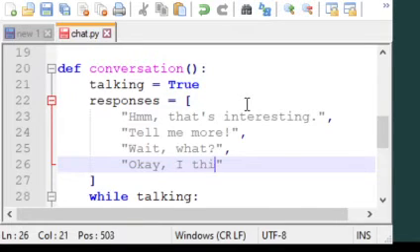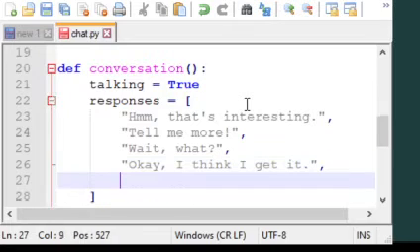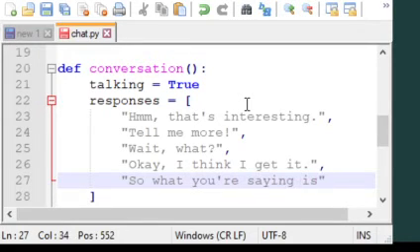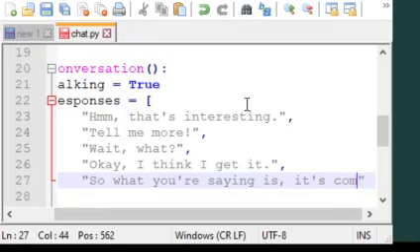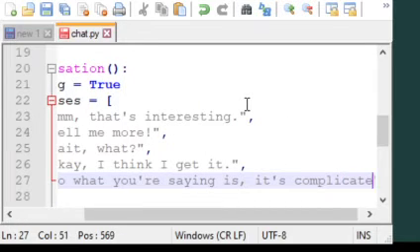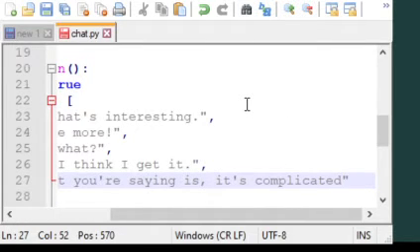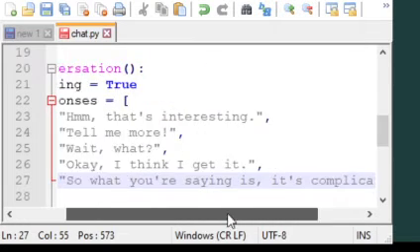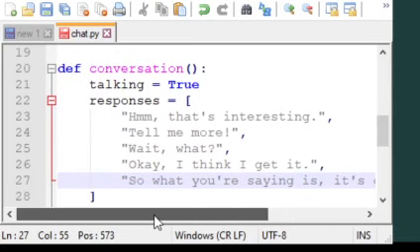Okay, I think I get it. And so what you're saying is, it's complicated, question mark. Okay, and that's a little wide for the window, but